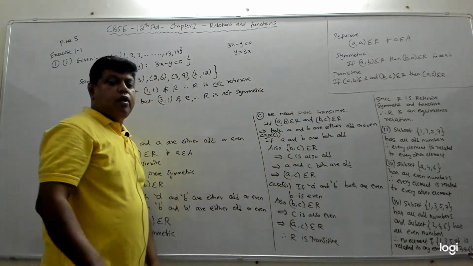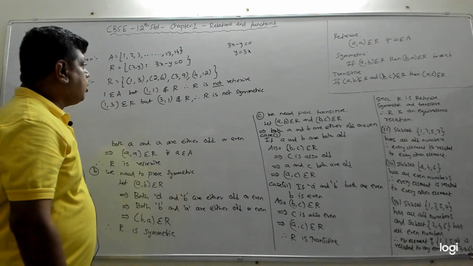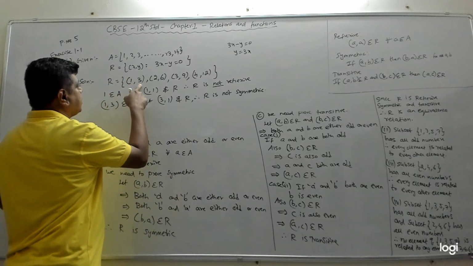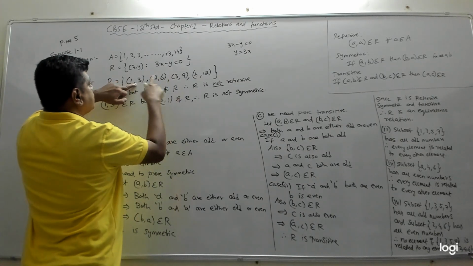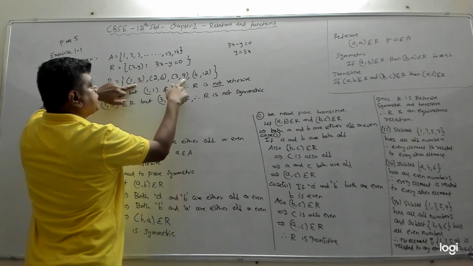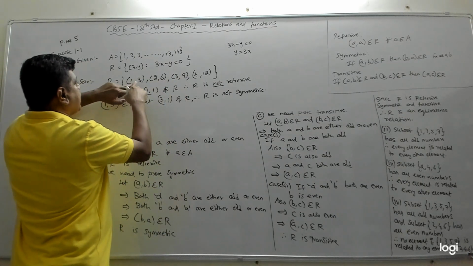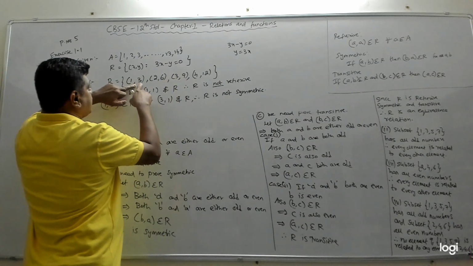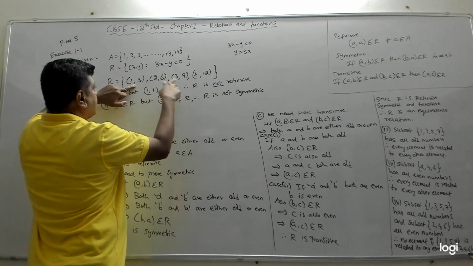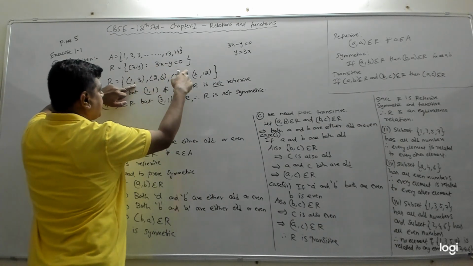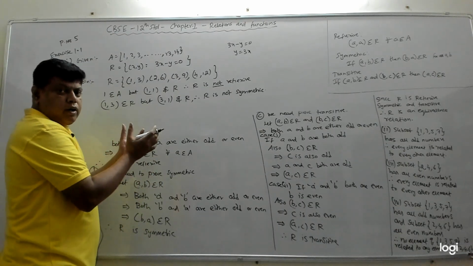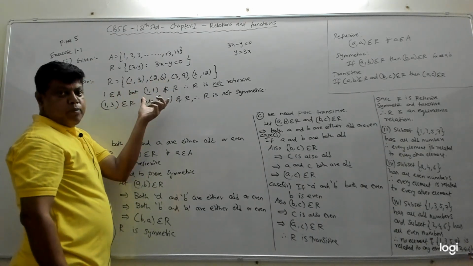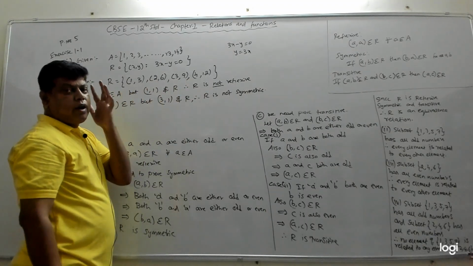Then we can say it is not transitive. So now let's observe these elements. 1 comma 3. Is there an element which is starting with 3? Which is this? So this is like a comma b, b comma c. So let's take this now. What is a comma b, b comma c? a comma b is in R, b comma c is in R. So a comma c should be in R, which is 1 comma 9 is in R. No, it's not there. So we'll take that particular pair of elements from R, and we will say that it is not transitive.